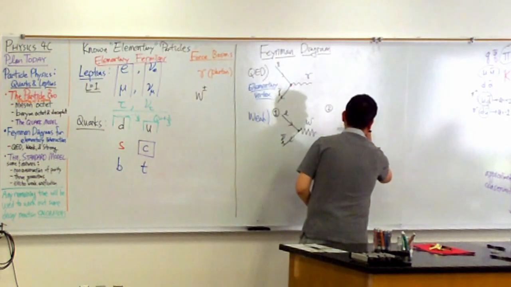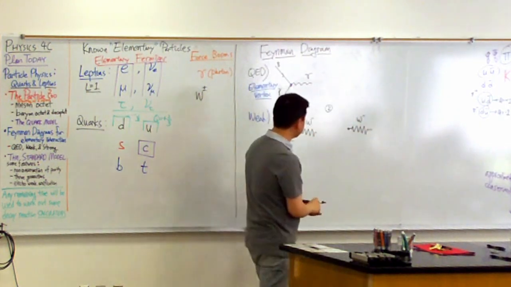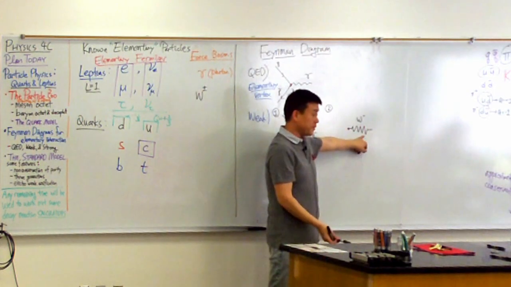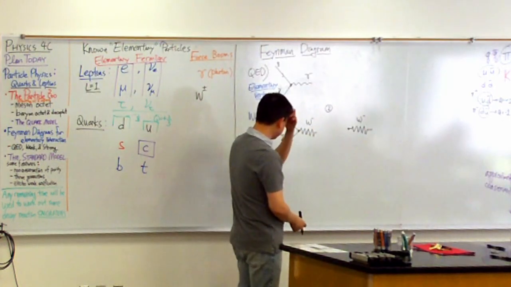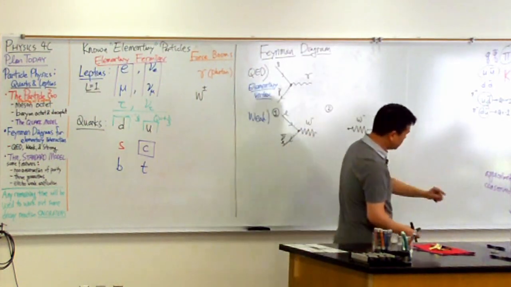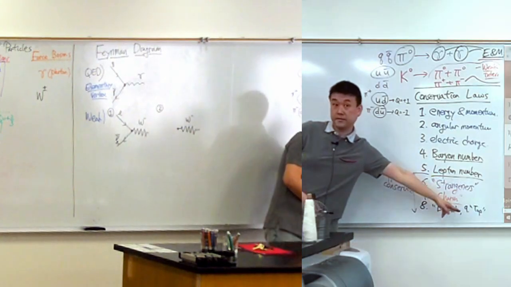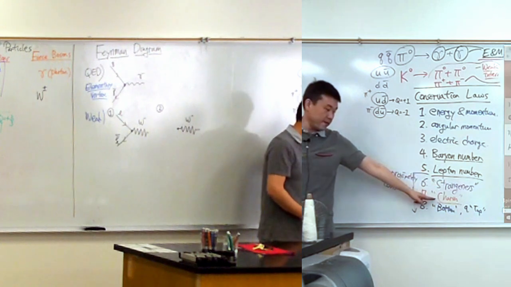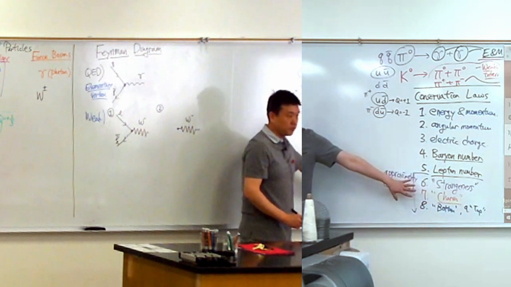There's going to be another W boson. So what's different is not the force mediator, but the interacting particles. So it comes back to the idea of approximate conservation of all these quantities. And the only interaction where strangeness, charmness, and the bottom and top, have been discovered to be